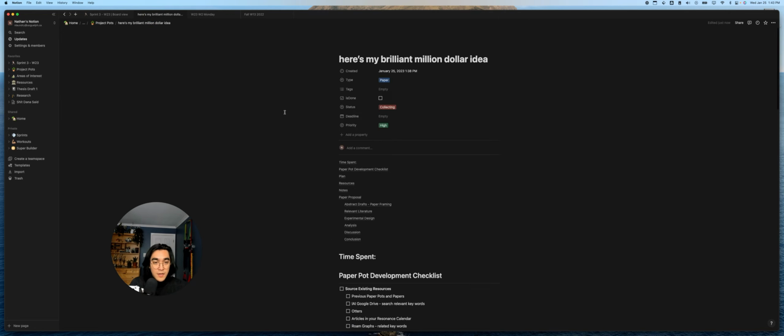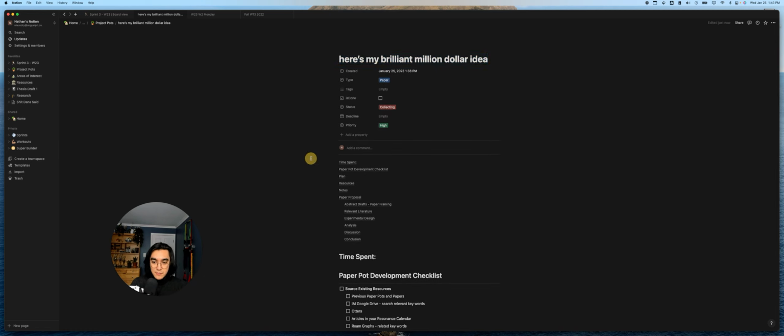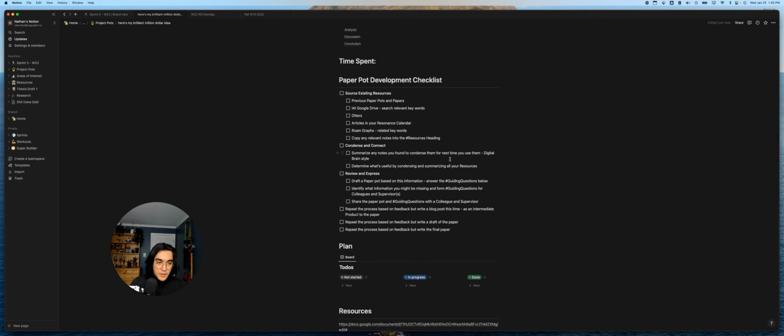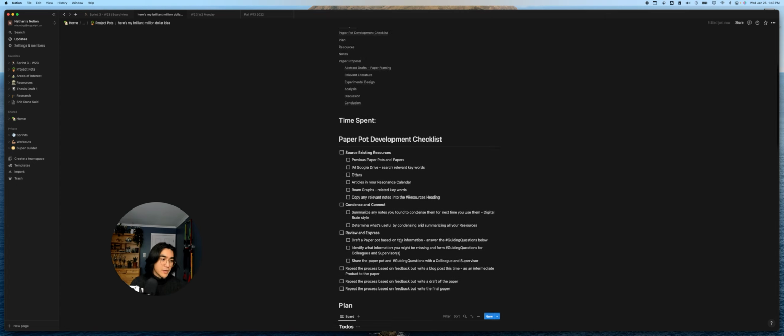So whenever I do research, most of my stuff is aimed at creating research papers. And the way I do that is this very structured process that makes sure that I actually review the content and I use it, right? By ensuring I go through, okay, what are my previous ideas and papers? What do I have access to from all of this content that I've been storing? How do I connect it and make it relevant to the idea that I have? And then how do I produce small deliverables along the way to make sure that I'm actually making concrete progress? And that's the plan.